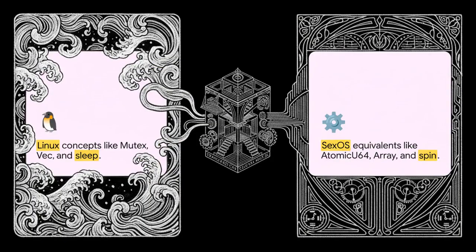Because we don't have those standard tools, you've got to rewire your brain and use their physical equivalents from our translation matrix. Need a standard sync mutex? Nope. Use an atomic U64 with acquire and release ordering. Catch yourself reaching for a dynamic heap allocation like Vec::new? Stop right there. You need to use a static array with a length counter. What about a standard thread sleep? Absolutely not, no way. Instead, you spin on a safe_pause call, or you check the VBLANK counter. Our runtime has to be completely deterministic, so we rely entirely on monotonic tick counters, not wall clock APIs.